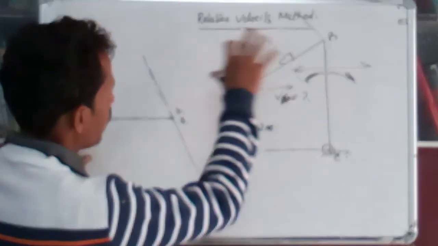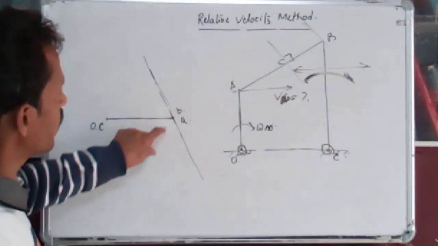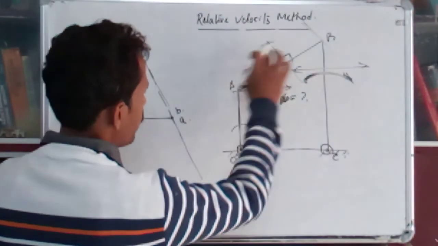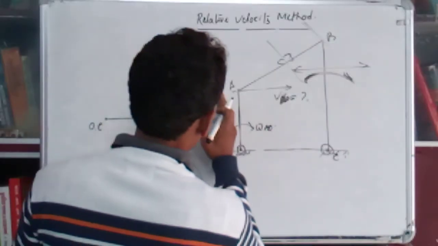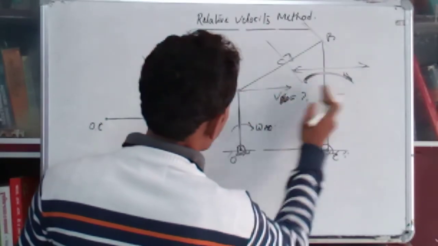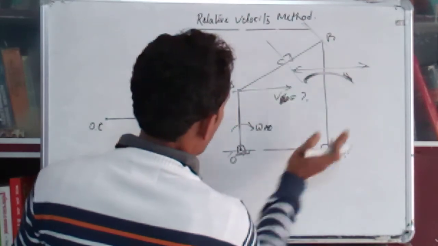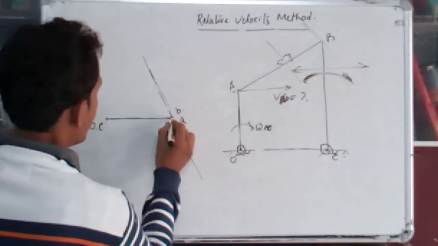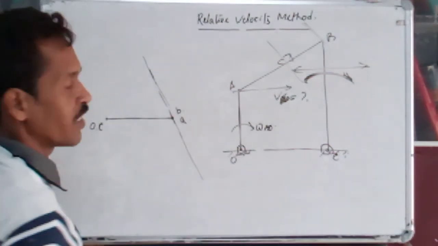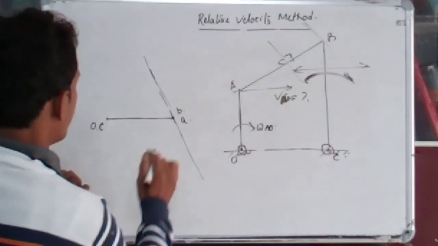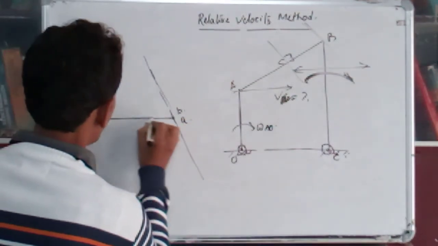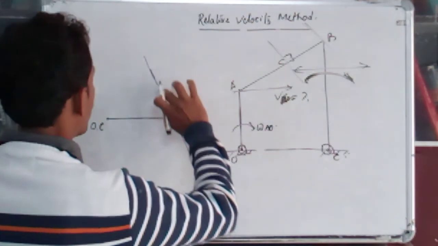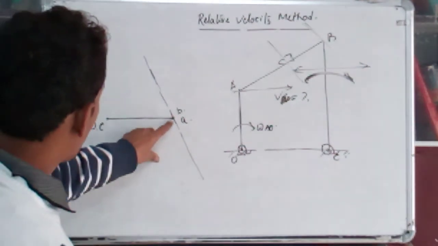From that diagram, we may conclude one thing: in a four-bar mechanism, if these two links are parallel to each other and perpendicular to the horizontal, in that case it will be a straight line. Now again, another thing we can conclude here is that the velocity of B